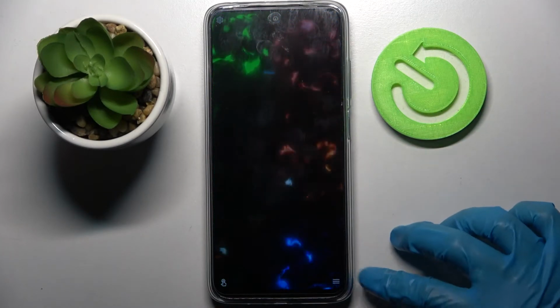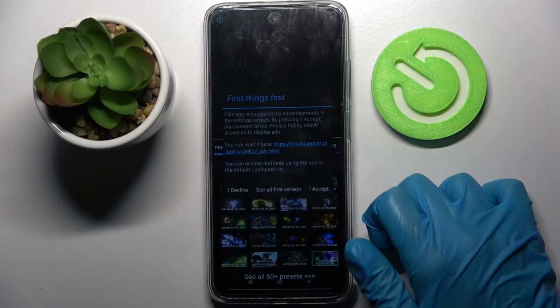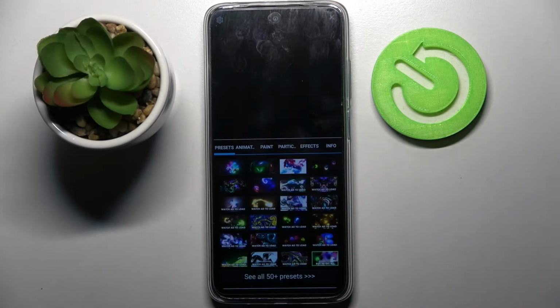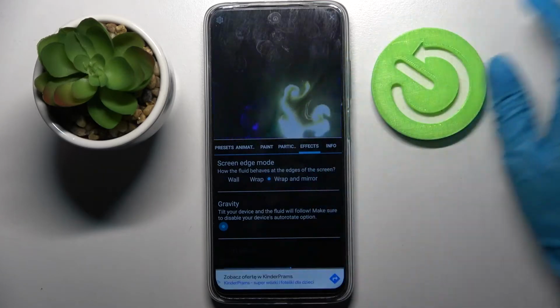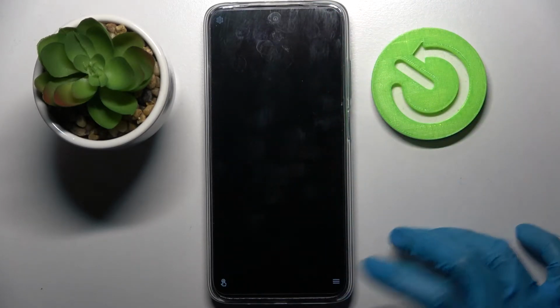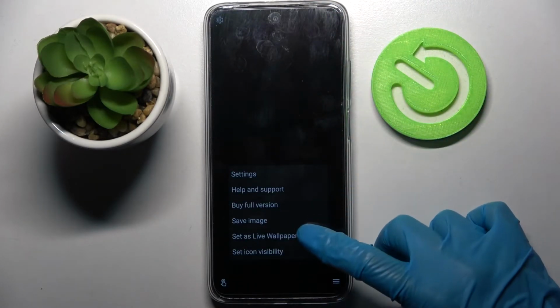Then click on those three lines at the bottom right corner, select Settings and tap on I accept. Over here you can adjust your wallpaper however you wish to. When you're ready, click at the top right corner and bottom one again, but this time select Set as Live